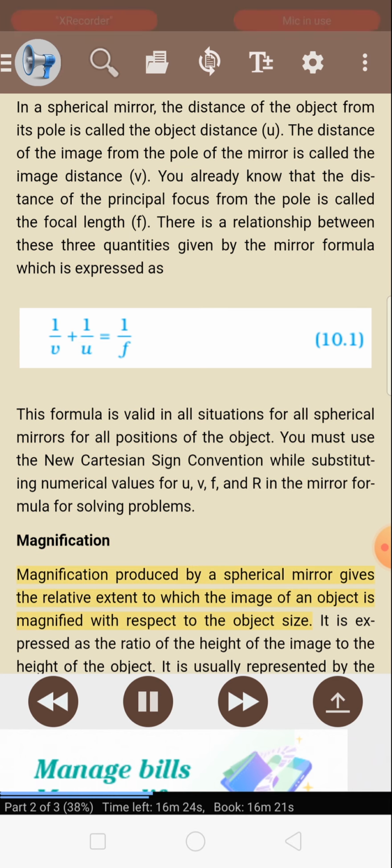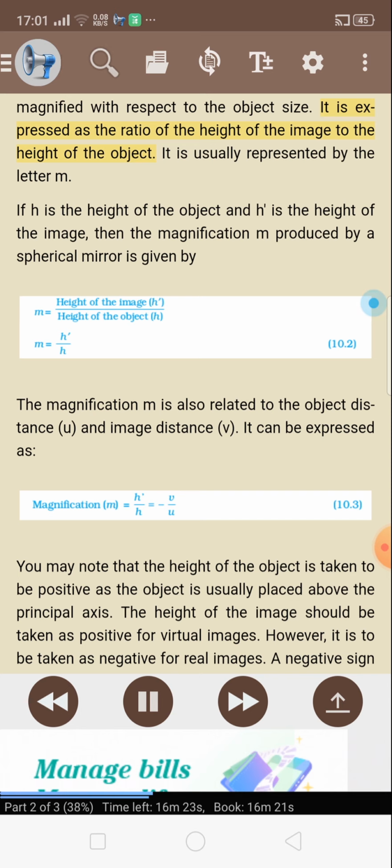Magnification. Magnification produced by a spherical mirror gives the relative extent to which the image of an object is magnified with respect to the object size. It is expressed as the ratio of the height of the image to the height of the object. It is usually represented by the letter m. If h is the height of the object and h' is the height of the image, then the magnification m produced by a spherical mirror is given by